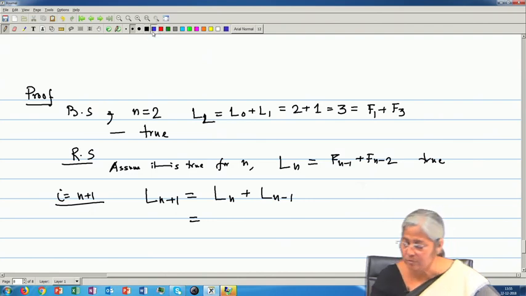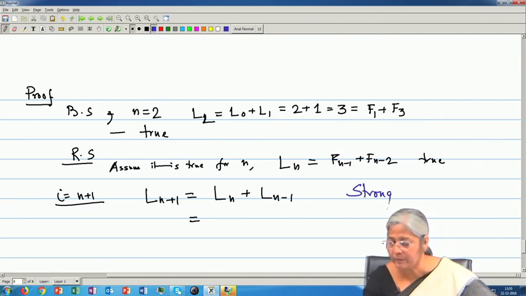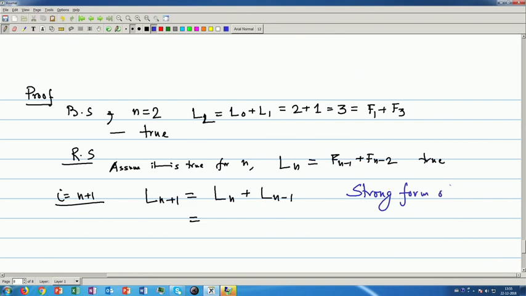Here we can use the strong form of mathematical induction, so that for L n minus 1, for both we can apply the conjecture, and then for L n it is f n minus 1 plus f n plus 1, and for L n minus 1 it is f n minus 2 plus f n. So, if I take them together,